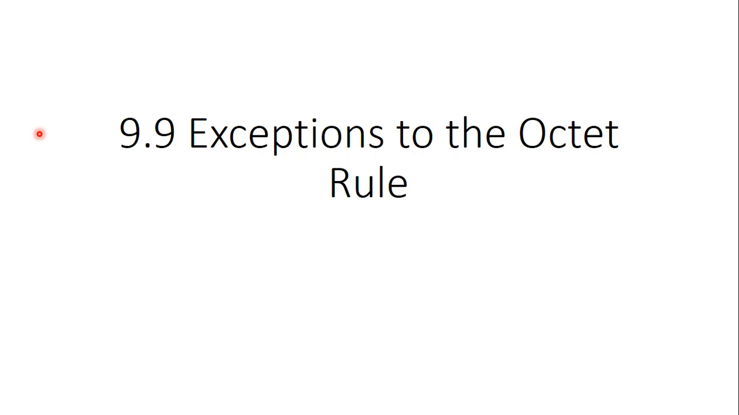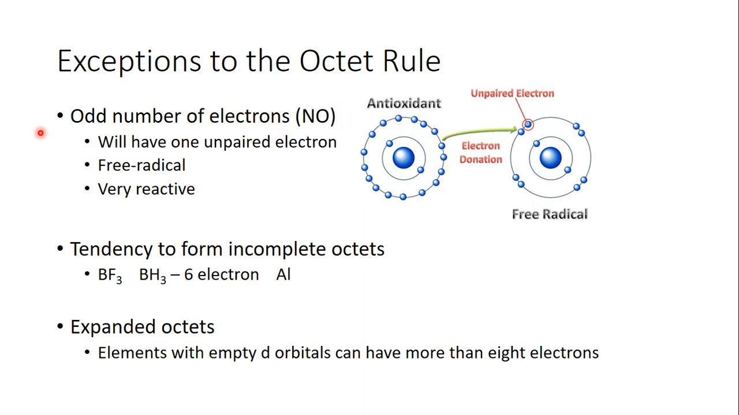In this video, we're going to look at exceptions to the octet rule that we covered in Lewis theory, and we're also going to look at bond energy. So the majority of the compounds we looked at will want to have a complete octet, but there are exceptions to those rules. One exception is if your compound has an odd number of electrons, such as